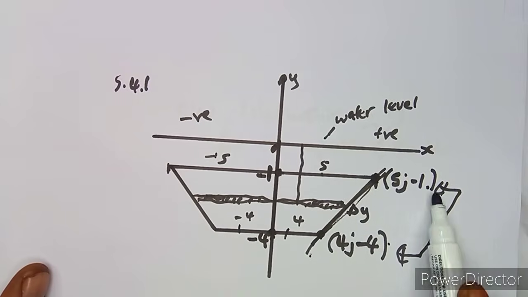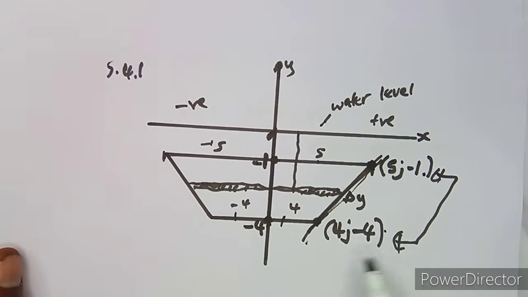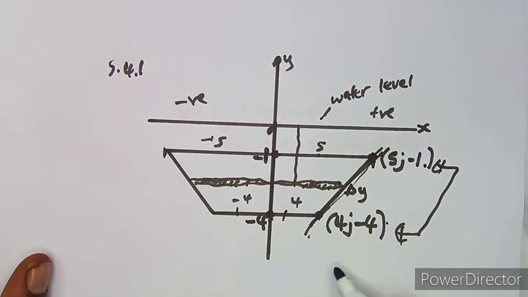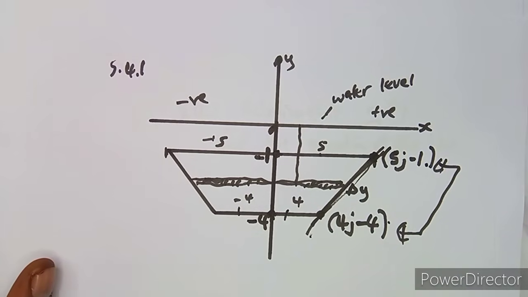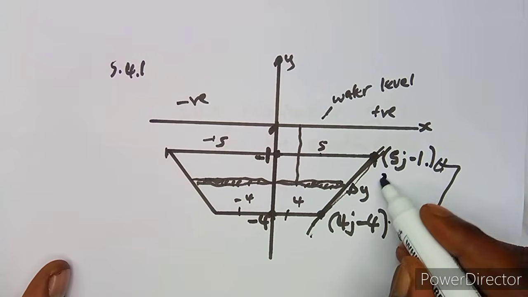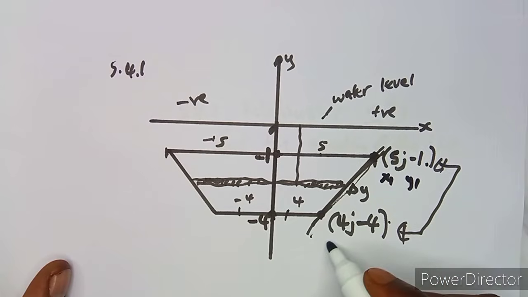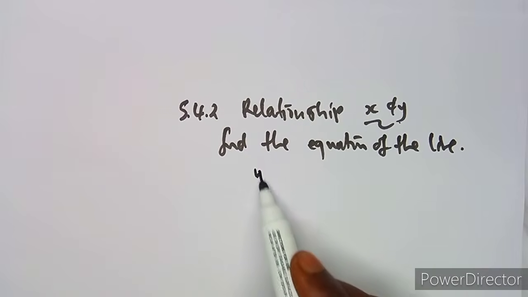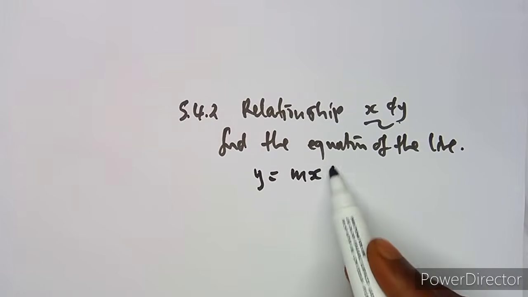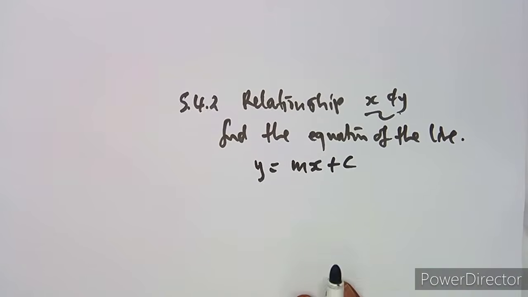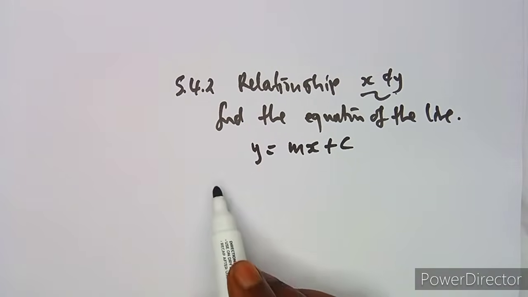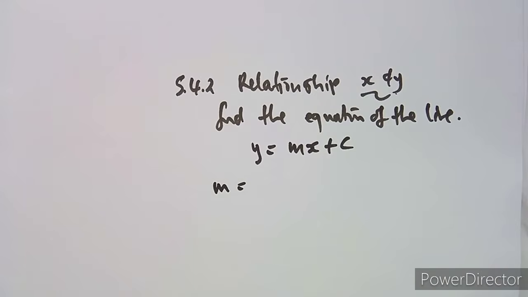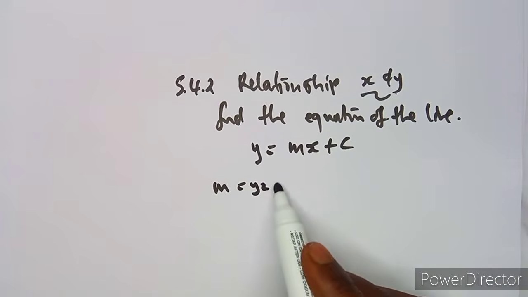So you've got 2 points, 5 and minus 1 and 4. I'm just going to remember, when you want to find the equation of a line, guys, you need at least to have a gradient, and to have the gradient you need the points, that's x2, y2. So m represents the gradient, because remember that the equation of a line is given in the form y is equal to mx plus c. So we need to find the gradient, which is m, and the gradient is y2 minus y1 over x2 minus x1,